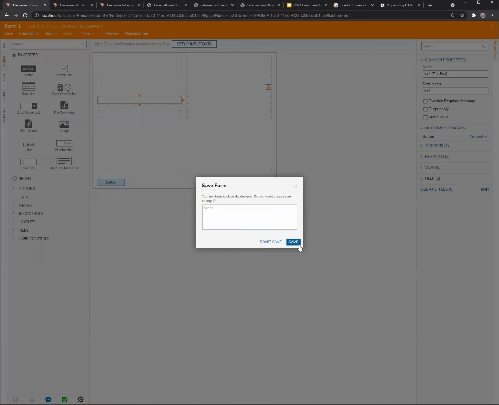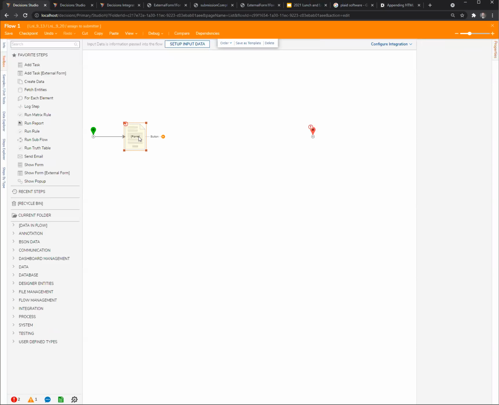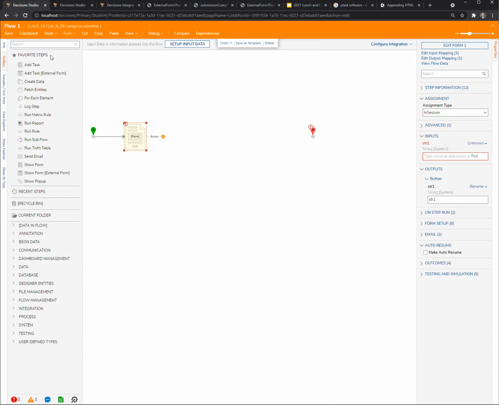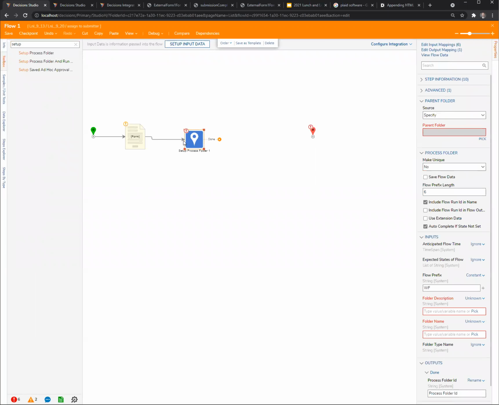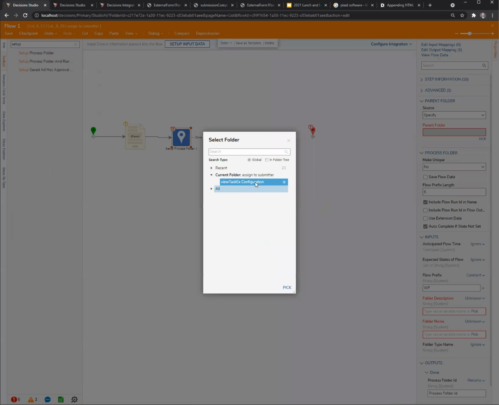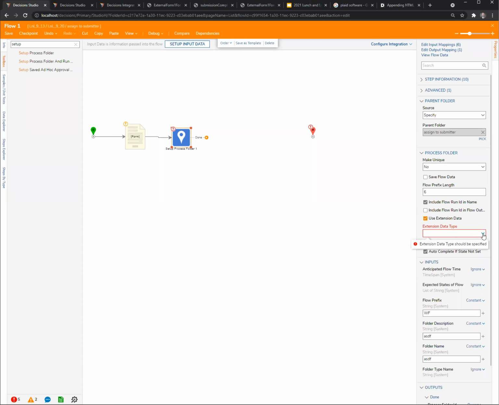So this is my submission form, right? And I'm going to get rid of this. So here's my submission form. It is in session. So I'll set up a process folder and get this fully configured. Just put in some constant text for now. I'll go ahead and select my extension data. And here I'll select the type I just created, which is